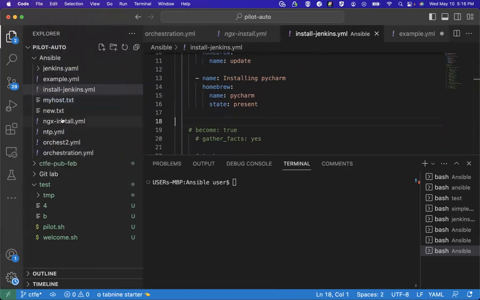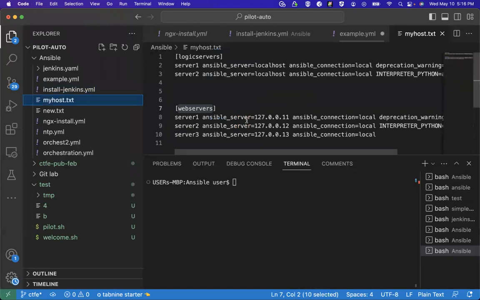Now the next thing I have to talk about is the server. This is the host. Any server that I want this playbook to run on, you have to use it. You see this bracket is like a variable. If I use this variable, it means I can call this variable inside this playbook.